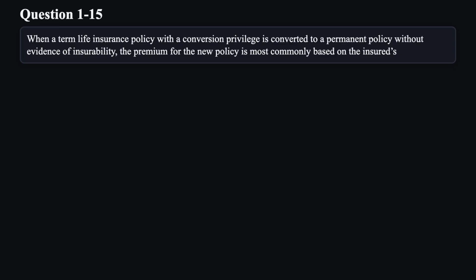Question 15. When a term life insurance policy with a conversion privilege is converted to a permanent policy without evidence of insurability, the premium for the new policy is most commonly based on the insured's